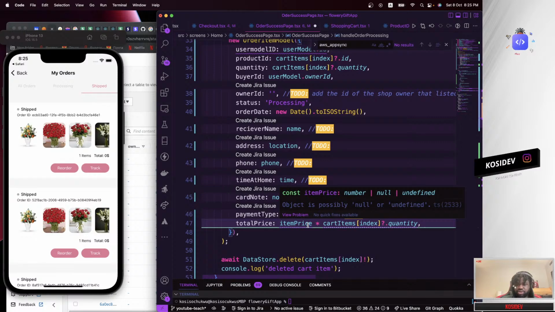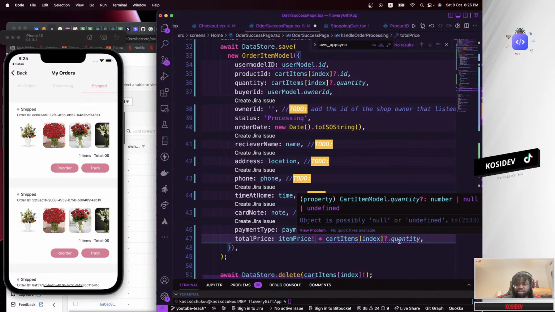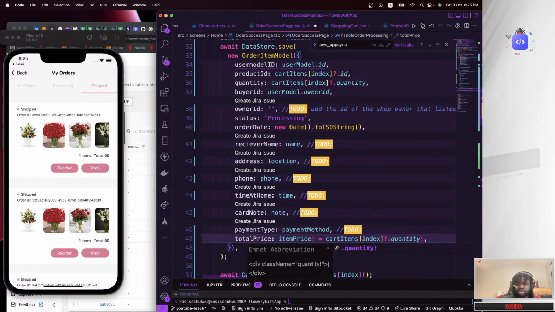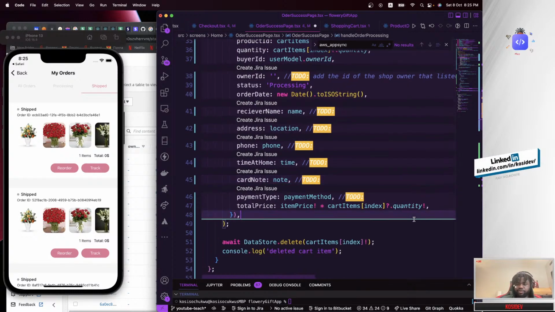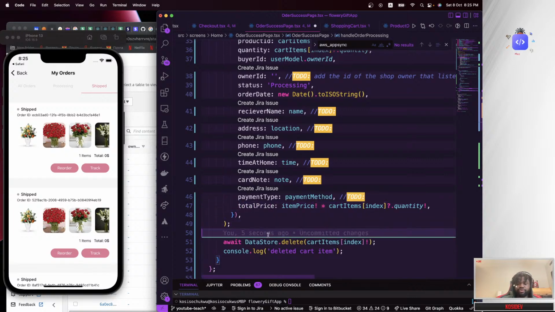So what's going on? Item price times quantity. I'm going to first unwrap this, and then quantity, which is probably undefined. To fix that error, I'm going to first unwrap it. So there we go. Item price times cart quantity will give us the total price of the user order. So if you go ahead and save this,